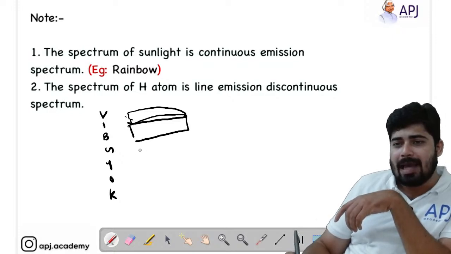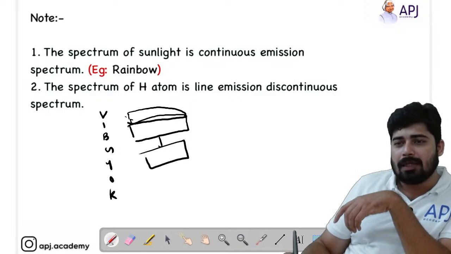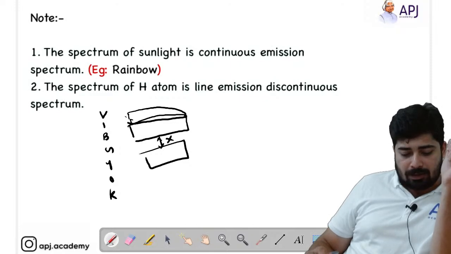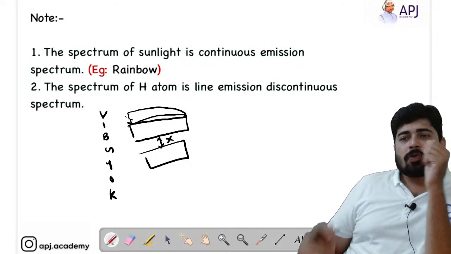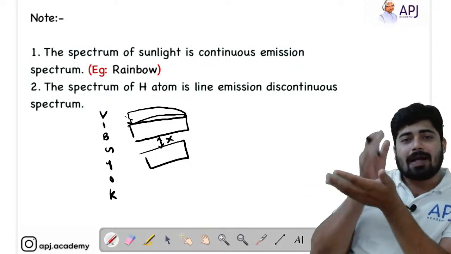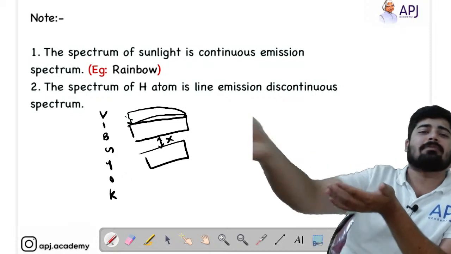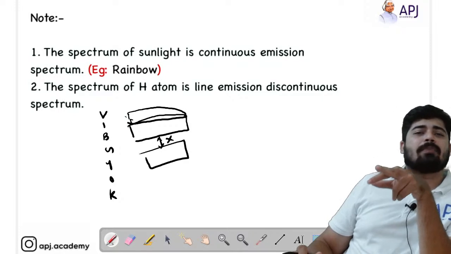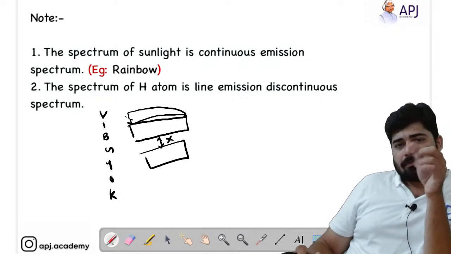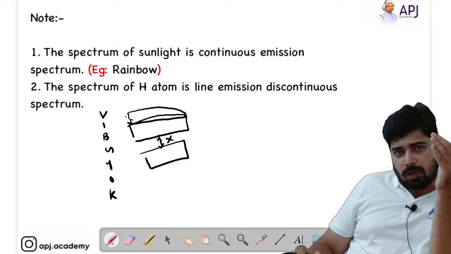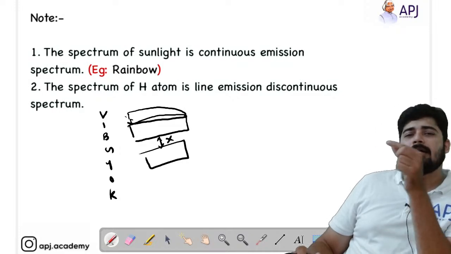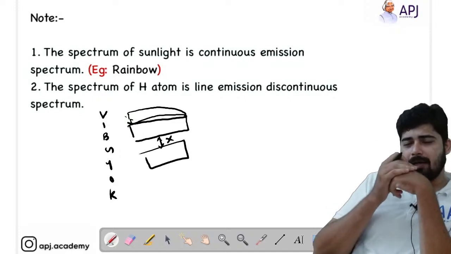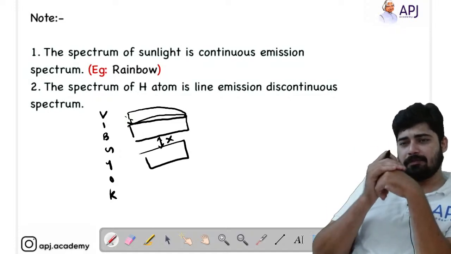There is no gap between the strips or the bands or the spectrum. So we know that the sunlight provides a continuous emission spectrum because there is no gap between the bands. The energies are so close to each other that we cannot see any gap between the